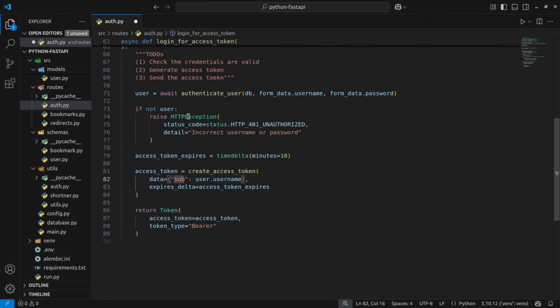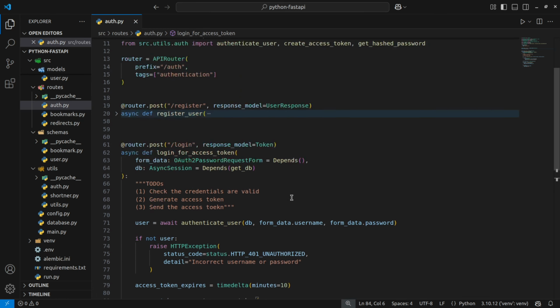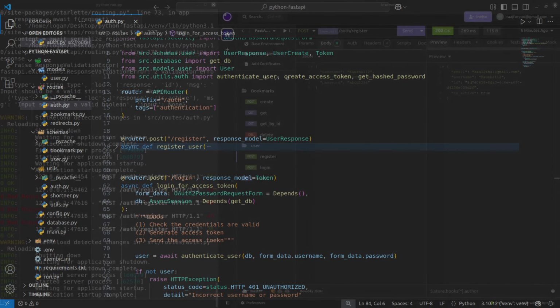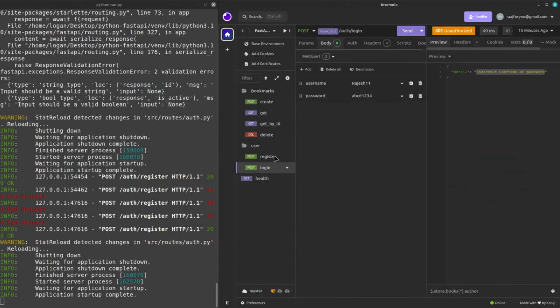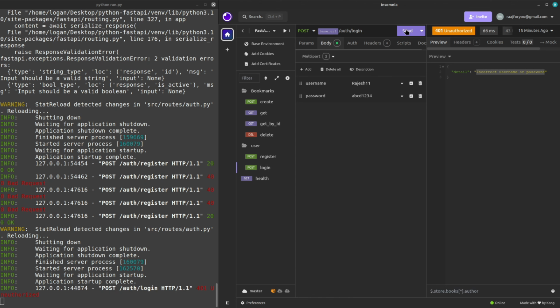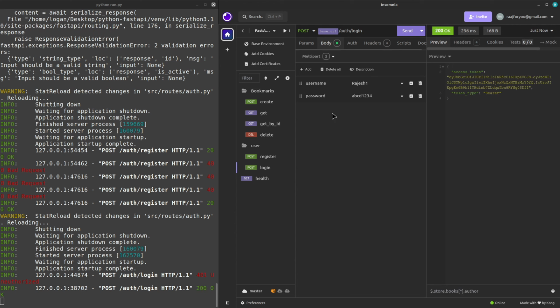So this is our login function, and when I save it, hopefully we'll go here, and under the login part we will provide our body as multipart form, and when I hit enter, it says incorrect username or password, which is because I have tested with so many things. Yeah. So this is a valid username and password, and we have got our access token, and the